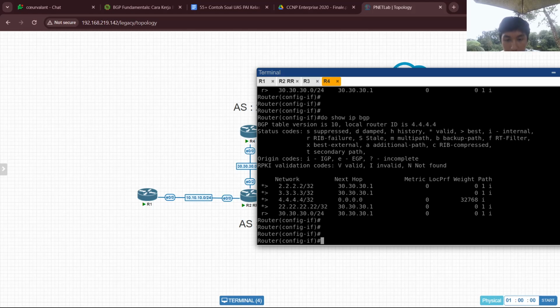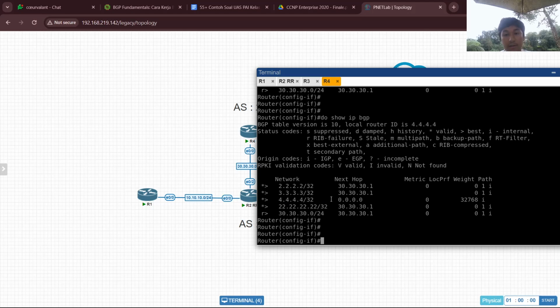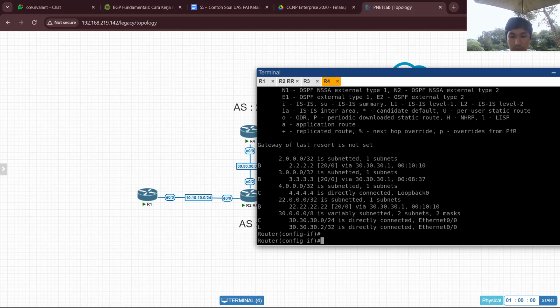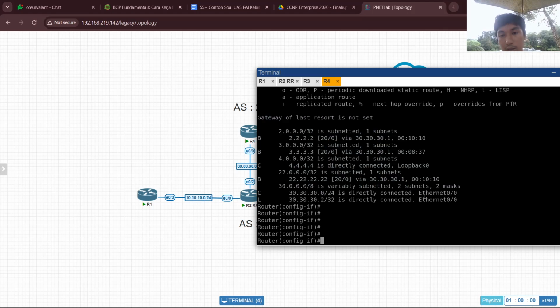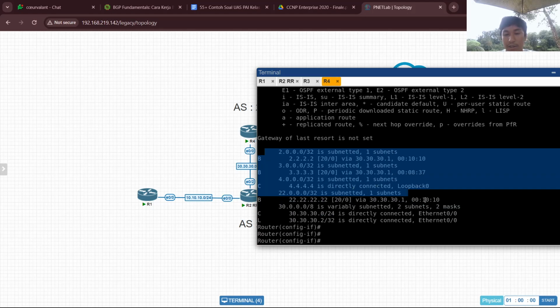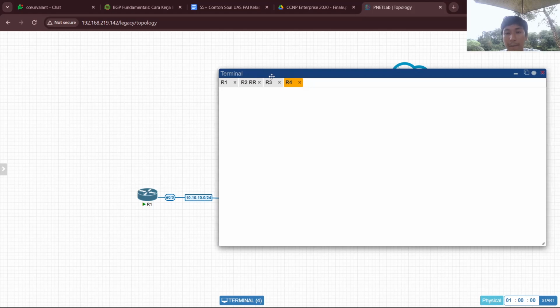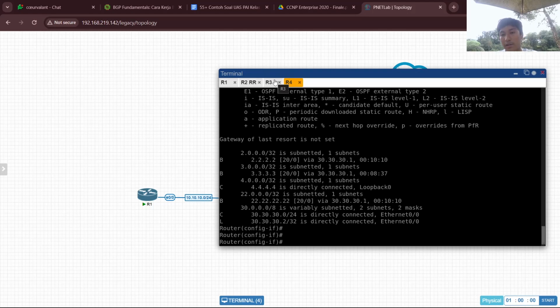We'll check it again. Now, as you can see, now this 11.11.11.11 is already erased, and all of the IP addresses from the router 1 are already erased from the router 4. So now in the routing table, router 4 cannot reach router 1 anymore, because this no export will cut or discard the IP address to the eBGP. It will cut or discard the IP address that was already advertised to the BGP. So after the network that was already advertised to the BGP is configured by the no export community, the other eBGP routers cannot reach that network anymore.